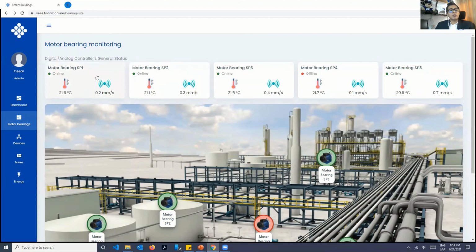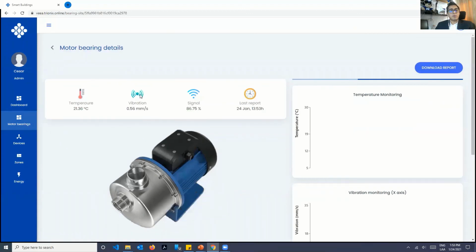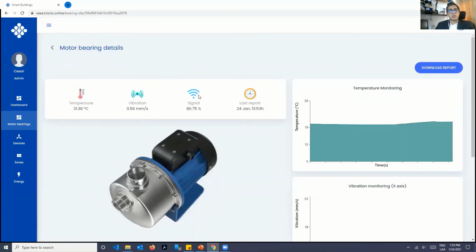As we can see, they have really useful information. For example, the status, the temperature, and the vibration. As we can see, number 4 is offline. This is because they're giving maintenance to the equipment. Going deeper into the details, we can see the temperature and the vibration as well. The signal strength, that we can see, is pretty high,